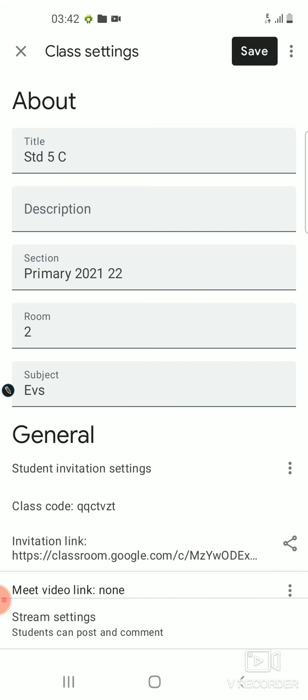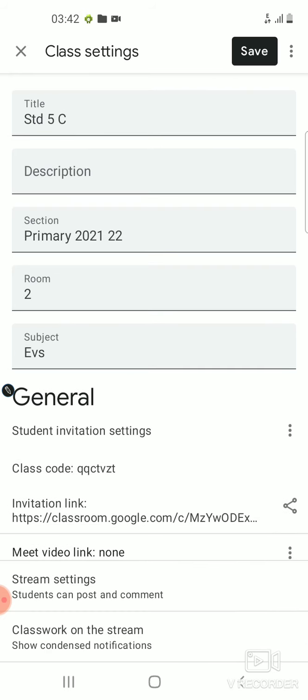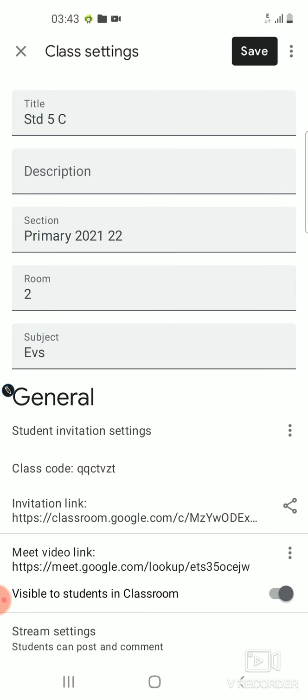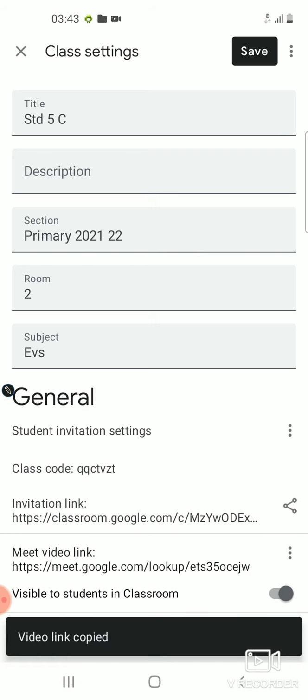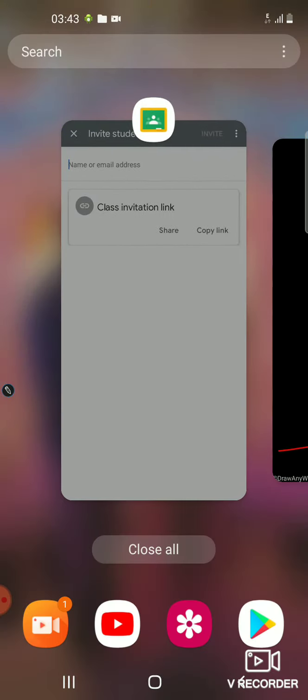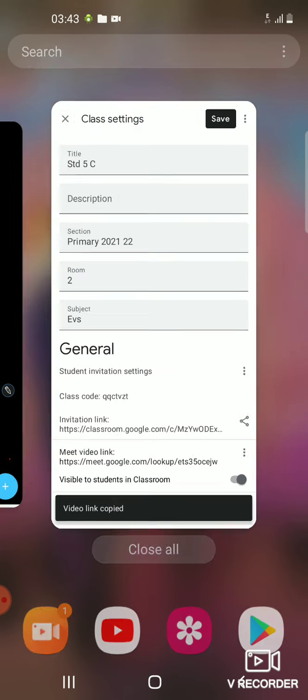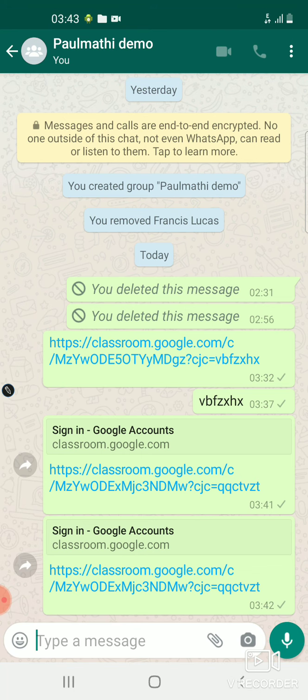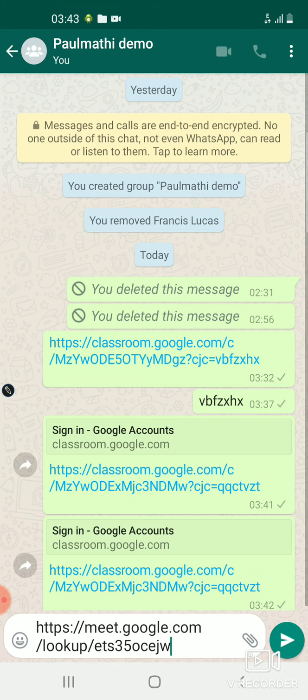So you can create a video call, and we can do settings here, that is students can post and comment. Oh yes, they can do it. And Meet video link, when you click that, this link is copied and we can take it to the WhatsApp group. In our WhatsApp group we can paste this and share to our students.